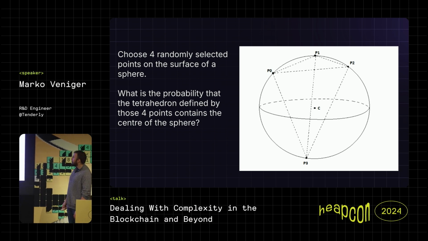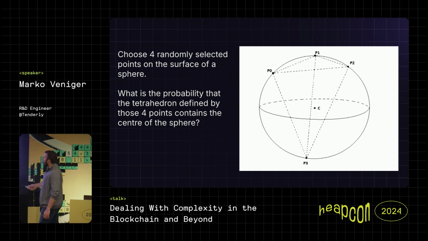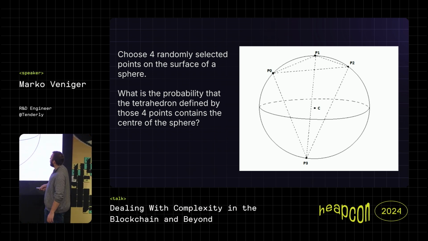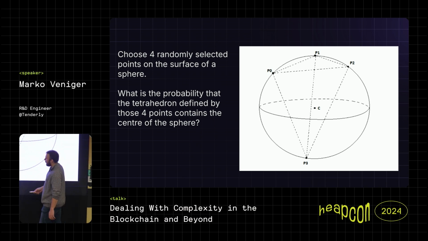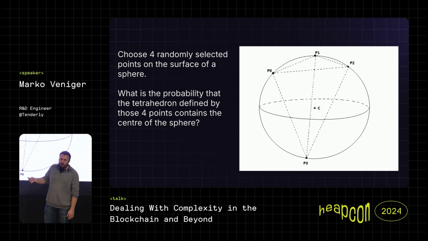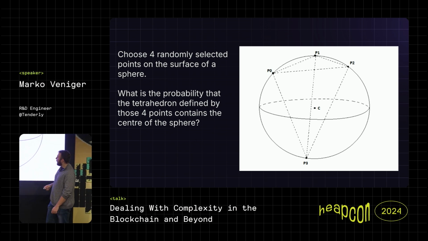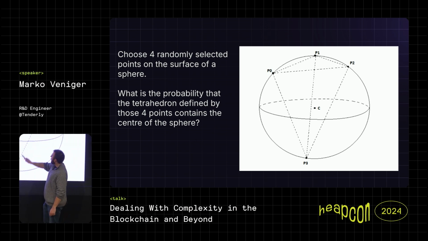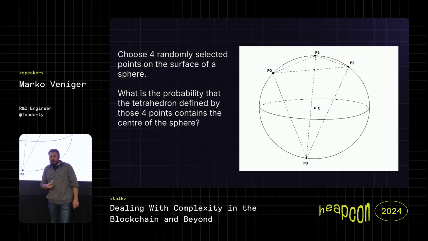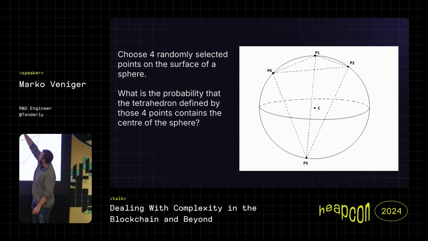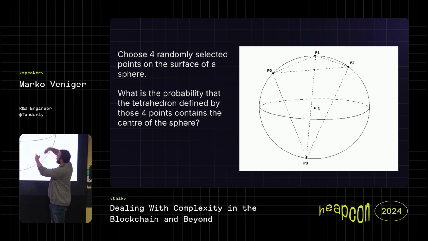And what's the problem? If we have a sphere or a ball, or however you want to call it, a 3D circle, 3D object, and if you choose 4 random points, uniformly distributed, when I say uniformly distributed, I mean they can end up anywhere with the same chance, what's the probability that this center point will be included as part of the pyramid that is formed? You see these 4 points create a pyramid. Here it's upside down, but it's still a pyramid, and it does contain the point C.